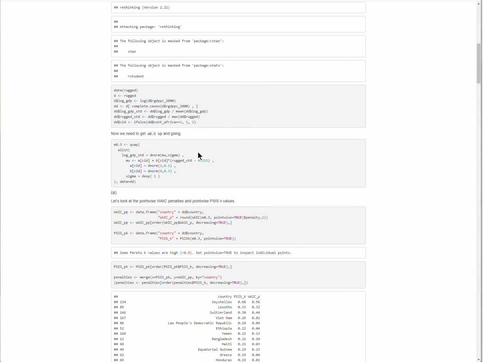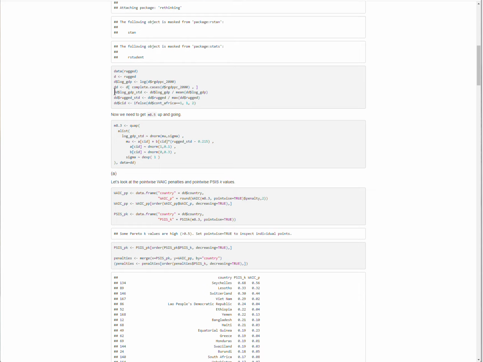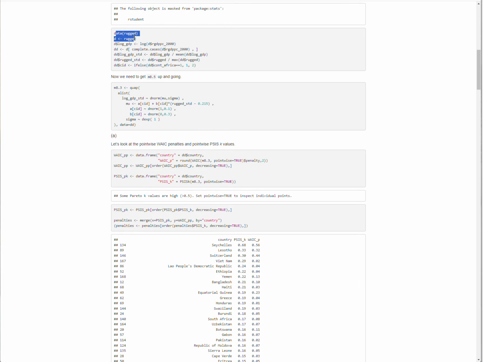Okay. And then we're also going to modify that regression, but we'll get to part B when we come to it. So the first thing we need to do is to load the data and then do some manipulations to it like we did earlier in the chapter, which is what we're doing here with this code. And then we get the model up and going. So again, it's M8.3, I believe. M8.5 is dealing with a completely different data set.